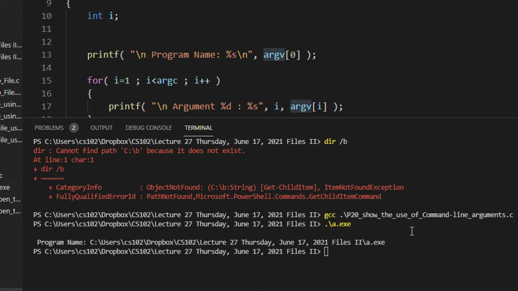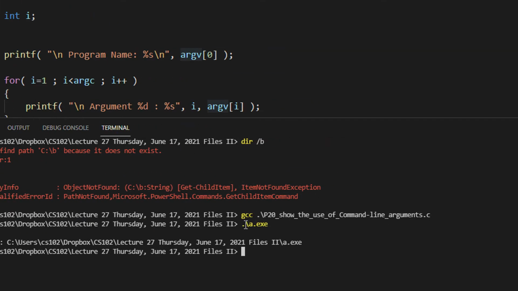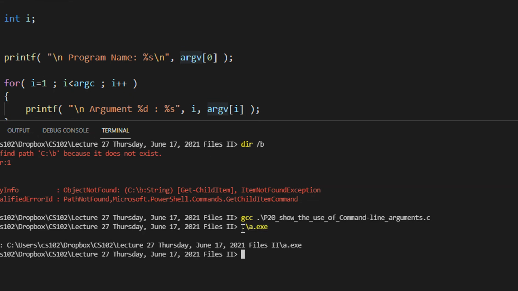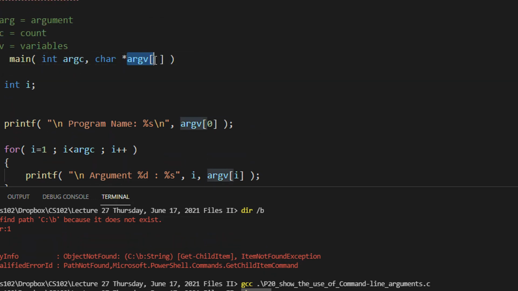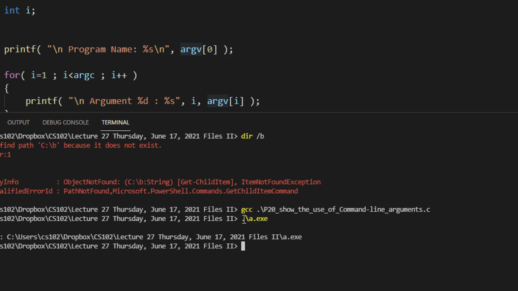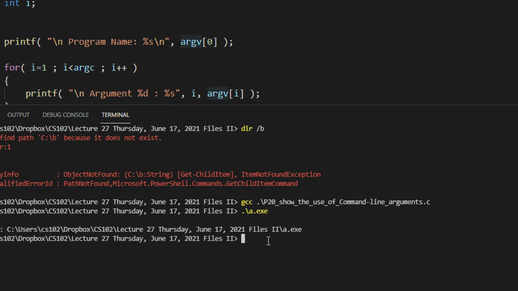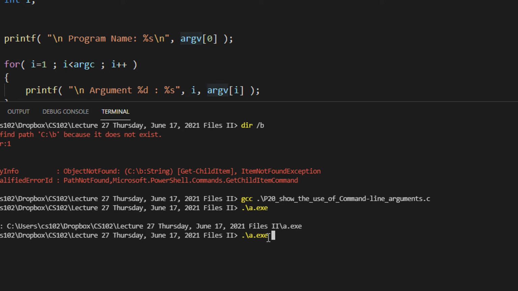Fine. So now in this case, what happens when you are actually typing a.exe, right? You are just executing the code, or in Linux it will be a.out. So when you are executing a.exe, this itself is an argument, right? So when I pass a.exe, what is my argument count? That is 1, because I have only one count. And basically the number of variables, how many things I am passing here? I am passing here a.exe. So now let me show you what happens here. For example, if I am passing a.exe, and let's say I am passing three numbers, 7, 3 and 9, right?